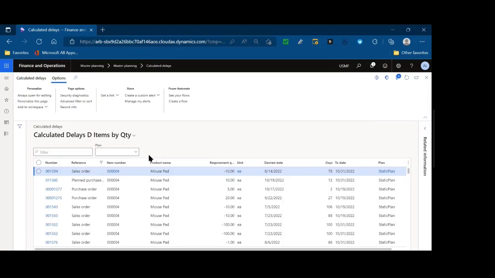So this form is based on when master planning was run. If we take a look at this first line here, this is a great example. This is a sales order that has a desired date, which is really the current expected ship date of 8/14. Well, that was nearly 2 months ago, or more than 2 months ago. So the earliest we can ship to this customer is today, which is 10/19, and we can see it's actually